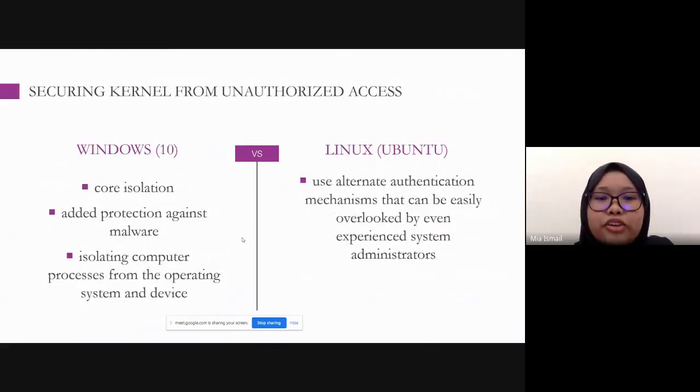Next is securing the kernel against unauthorized access. For Windows, there are several ways of protecting users from external threats. The one that I will be talking about is core isolation. It provides users with added protection against malware and other attacks by isolating computer processes from the operating system and devices. For Linux,